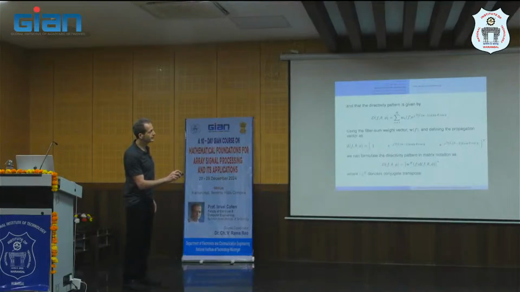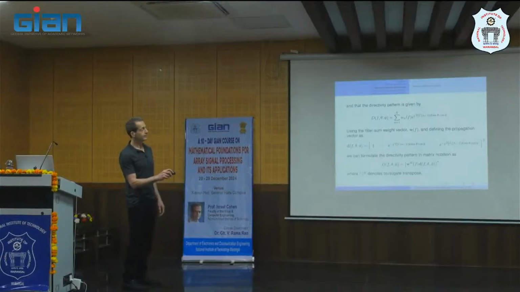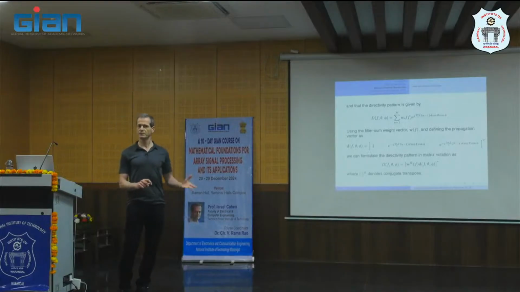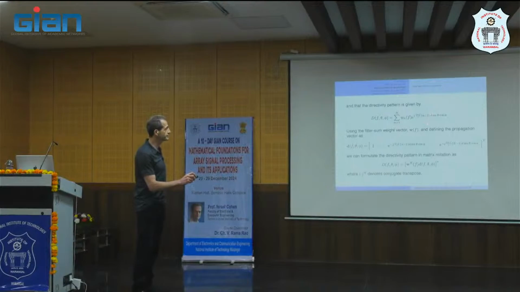If I write it like this, this is the phase differences between sensors. So it means that we used a uniform linear array. Okay? Actually, I can get something similar for any configuration of the array, but for simplicity, we use here a uniform linear array with the inter-element spacing, which is D. So we can write this